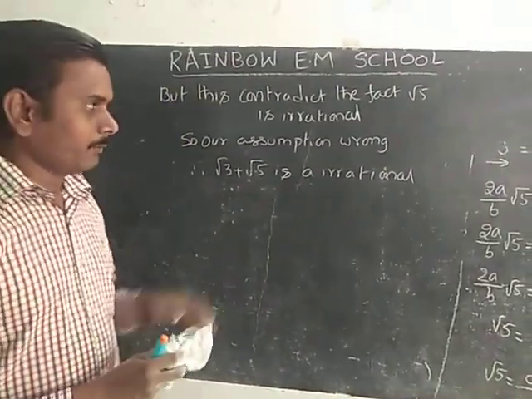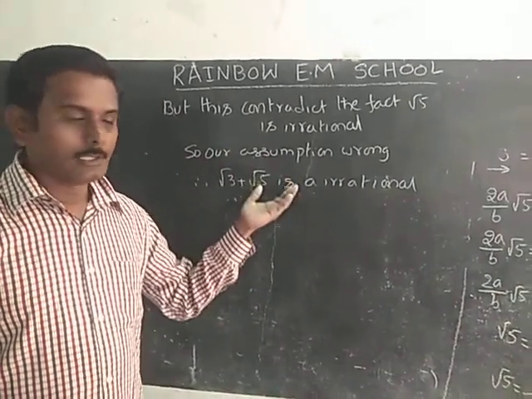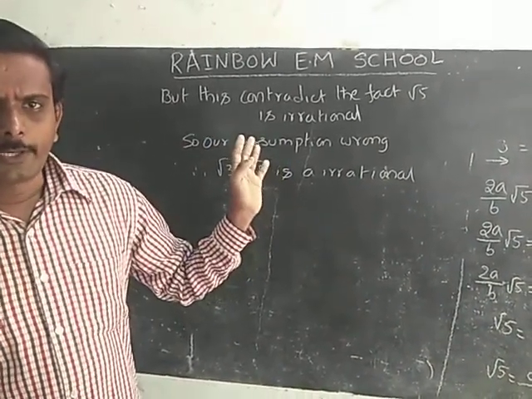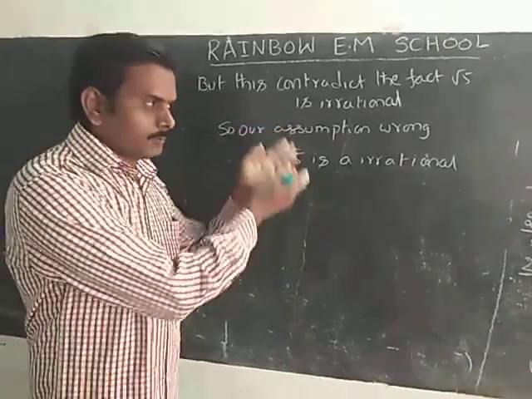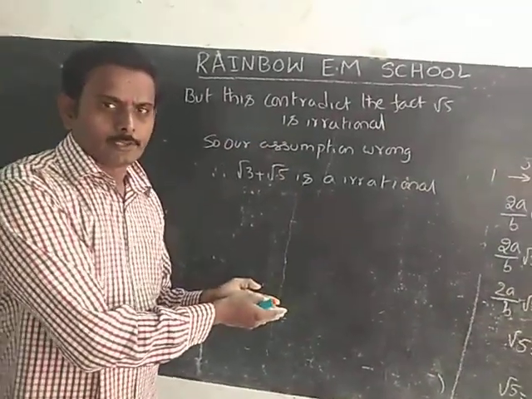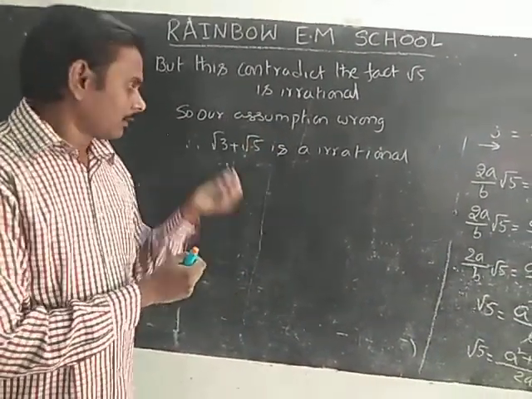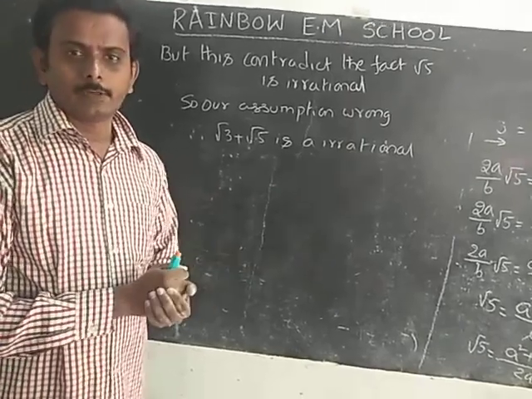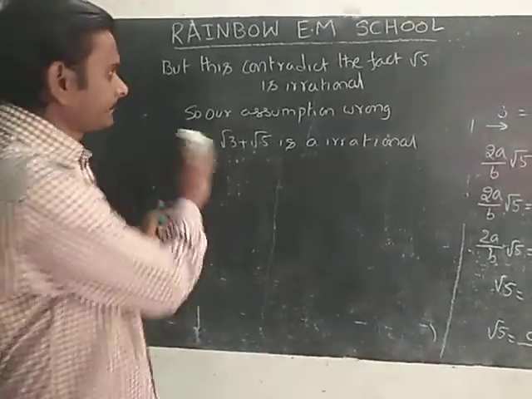This is very, very important from the exam point of view also. We have to take it first, the same model only. Proof by contradiction: first we will take a rational number given. Later we will do some process, squaring on both sides. We will conclude that the assumption is wrong, and we will conclude that the number given is irrational. Next, the same model only, another one we will do here.